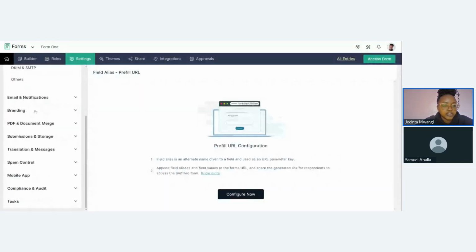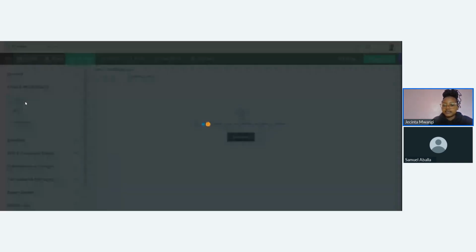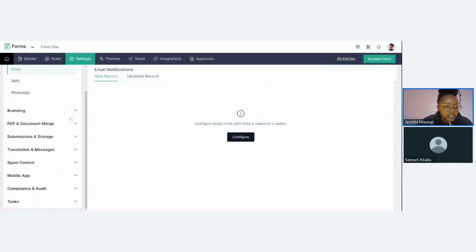And then email notifications. Do you send an email to someone who has filled in a form? Maybe you can send them an email to thank them, an SMS, a WhatsApp even. Branding is basically to help the form be customized. Maybe you can include your brand, I mean, you can include the details of your business and everything. So after that,